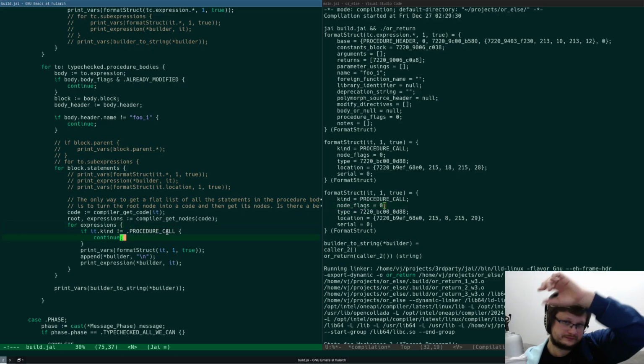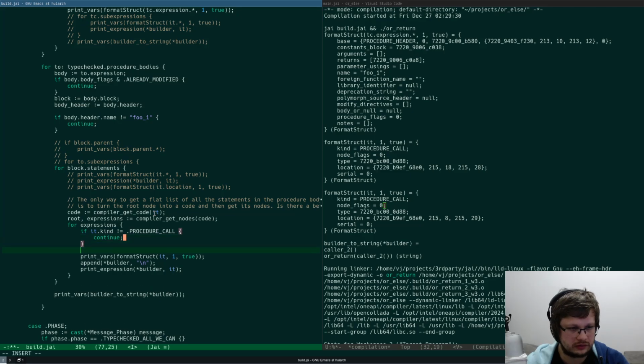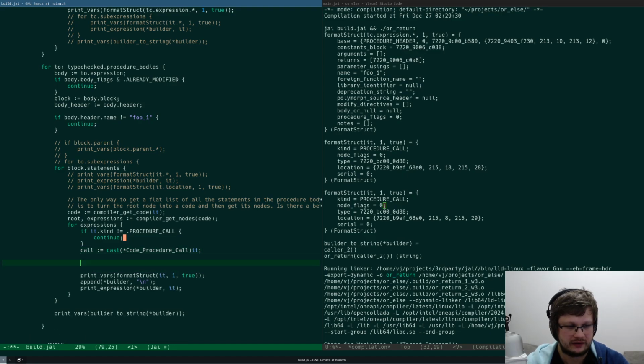If we need procedure call, we cast to code, like the pointer to code procedure call, and then we can get the name equals to a call that header that name, right?